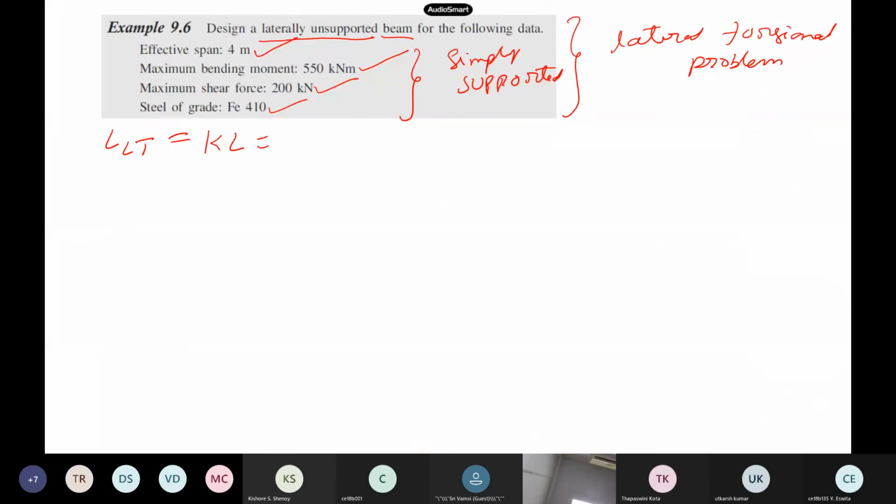So we take L is equal to K times L. So that means it's 4 times this one. So this is 4,000 mm, the actual. Now the imperfection factor, they have also not mentioned, so that also is in our hand, actually. Whether it is a rolled section or whether it is a welded section.